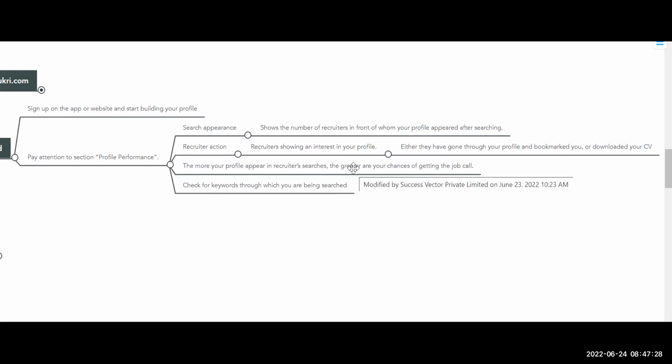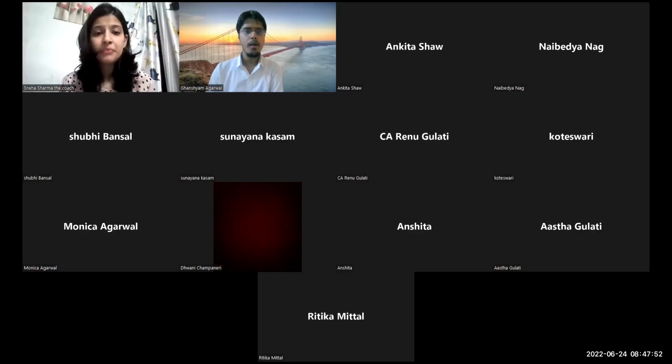Because if one recruiter searches you, the similar recruiters will also start seeing your profile. जैसे जब आप job के लिए apply करते हैं, तो for the job that you apply, it starts giving you recommendations. The same way for a recruiter also, it starts giving recommendations that, okay, these are the keywords for which you can search. Okay, so check for the keywords on your app for which you are searched. जैसे LinkedIn में keywords होते हैं, so the same way,